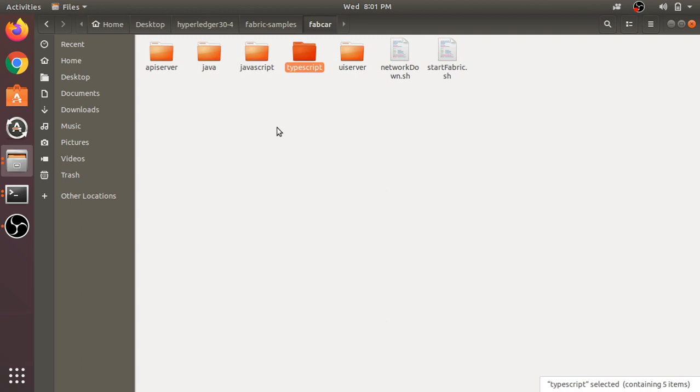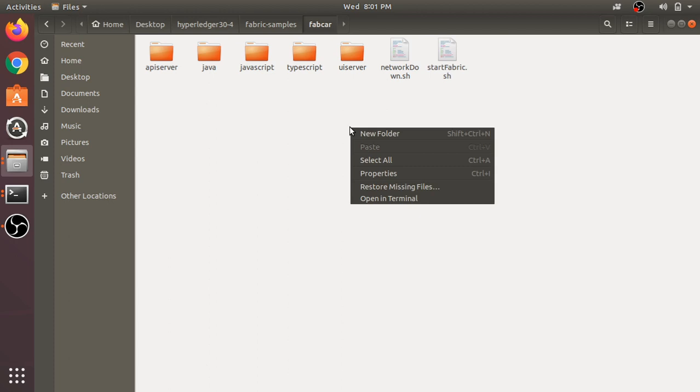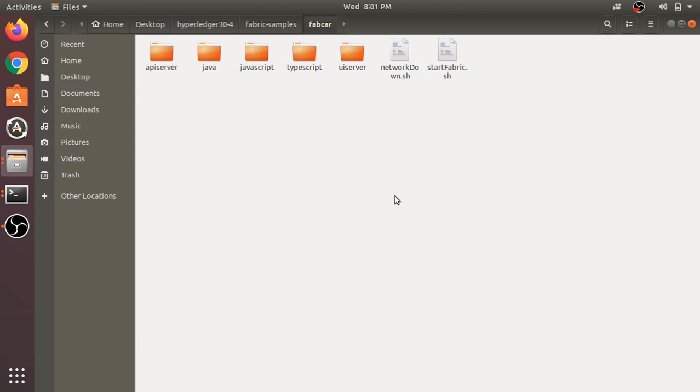Since I am more comfortable with JavaScript, I am following the JavaScript folder, and here you can see two shell scripts which can be used for starting your fabric as well as for shutting down your fabric. First we can execute this startFabric.sh in order to deploy our network.